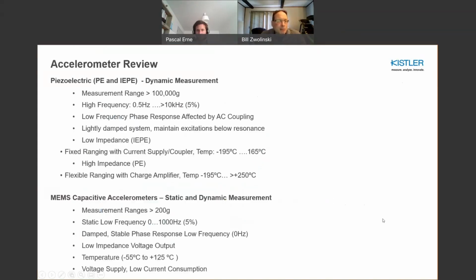As far as the accelerometer review, piezoelectric by far has the widest ranges, but again, I think for dynamic measurement, it's very much quite optimal, very small, very compact. Whereas MEMS capacitive is a little bigger, but it gives you the ability to measure ship motion or small amplitude waves. So a low frequency wave motion would be best measured with a MEMS capacitive accelerometer